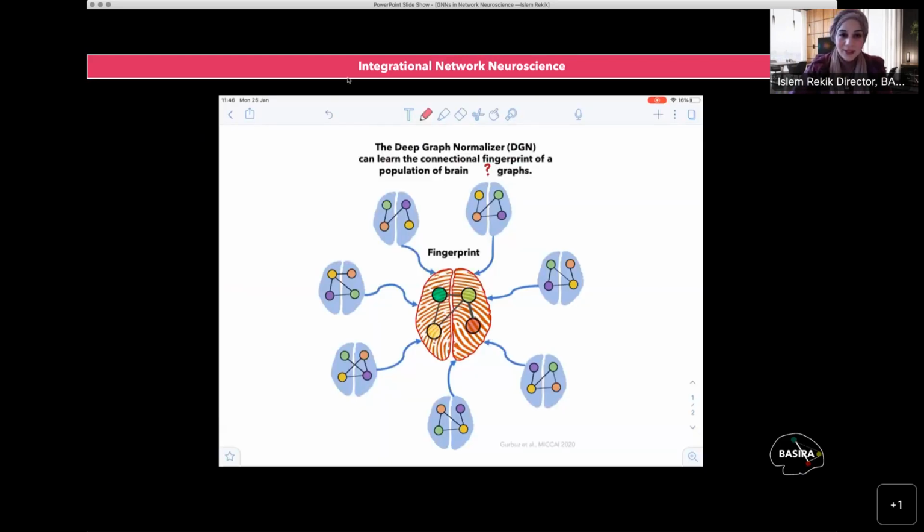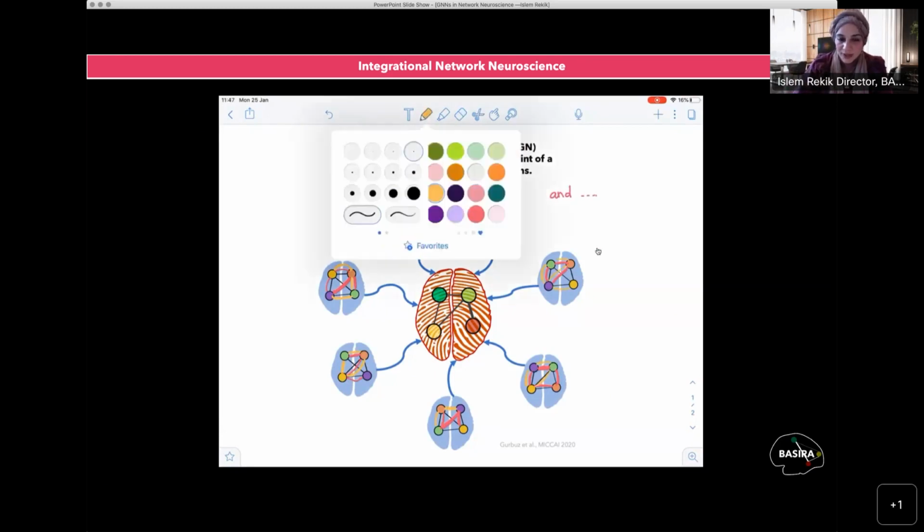Here, if you remember, I talked about creating a CBT, a template network, a fingerprint network from a set of multigraphs. So what is a multigraph here? If you can see, each pair of nodes is connected not only by a single edge, but by multiple sets of edges. This is what we call a multigraph. The nodes are the same, but the edges or the edge types are different.